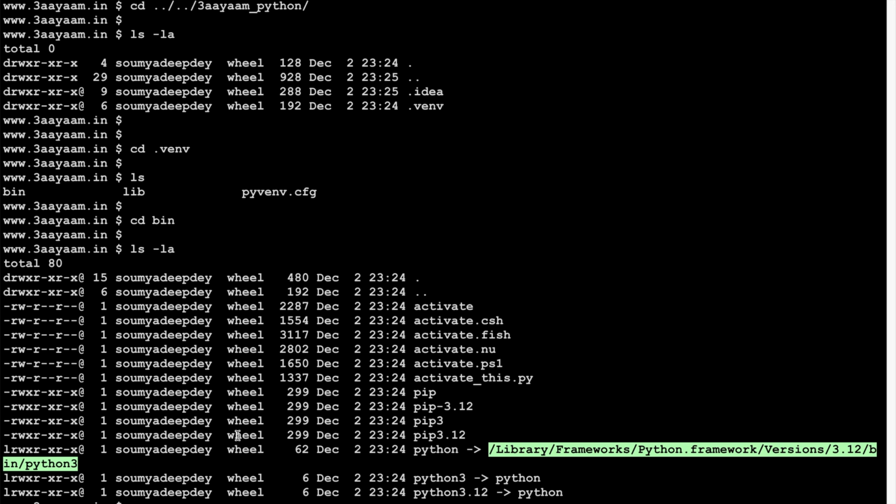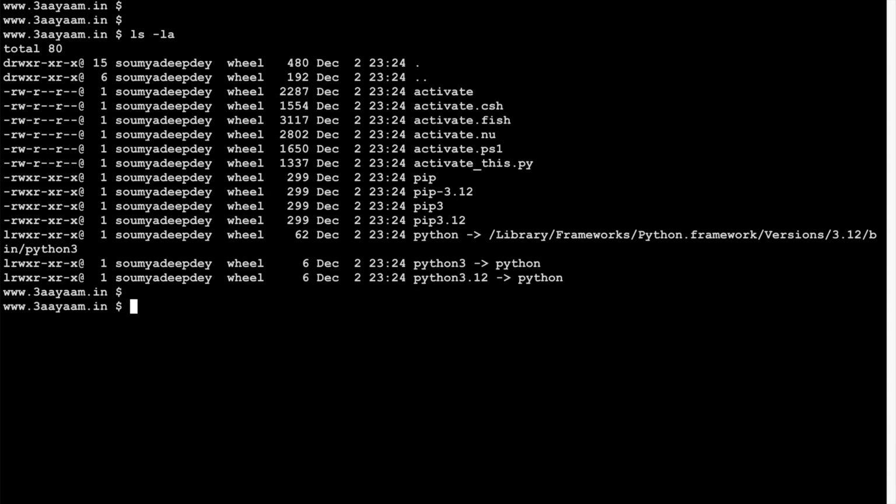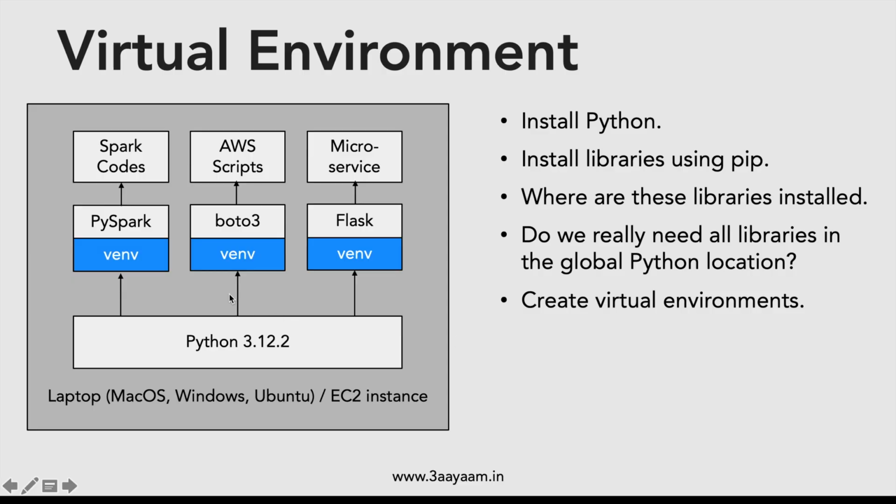base Python installation. So whenever we create a virtual environment, the Python binary in that virtual environment would be a shortcut of the base installation that I have done in my laptop. So that's what this diagram means. The virtual environment that I created, the Python binary is actually a shortcut to this. It is pointing to the base Python installation. Same is the case here also. So this virtual environment is actually pointing to the base location, and this virtual environment is pointing to the same